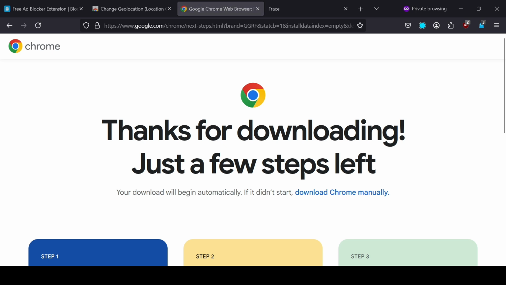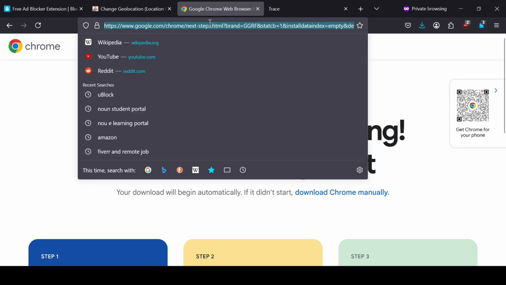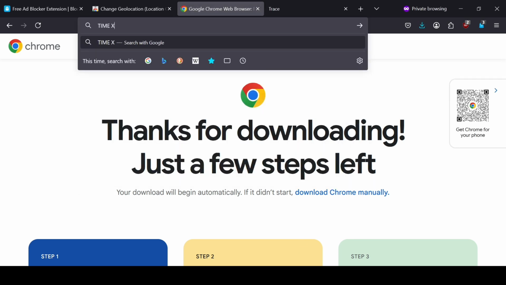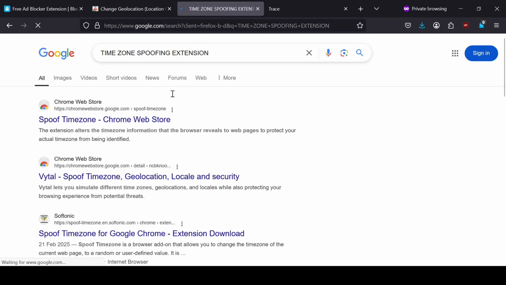So we'll get the next one. The next one is time zone spoofing extension. You see, this one is also with Chrome. It's also good in Chrome.